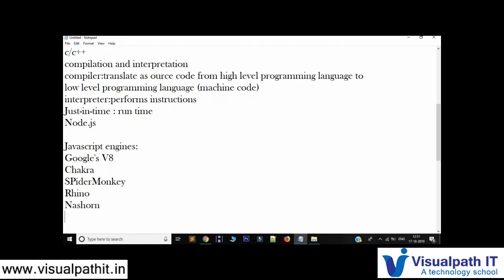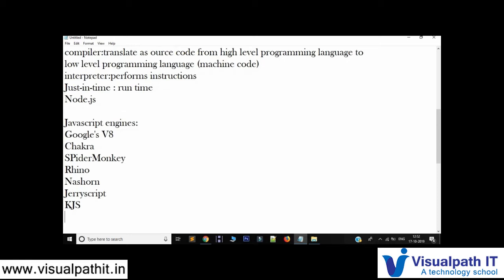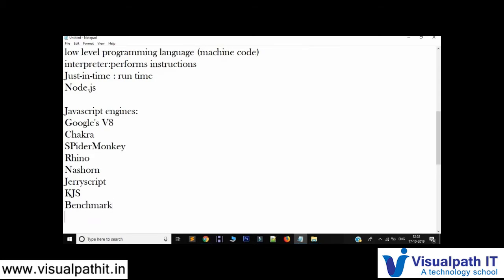The next ones are KJS and Benchmark, and the last one is TLDR. In the most basic terms, JavaScript engines take a source code.